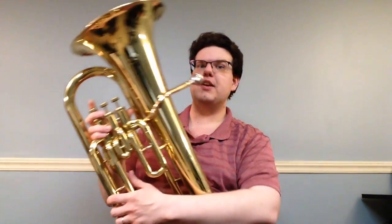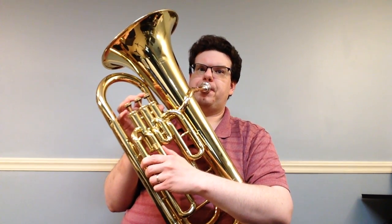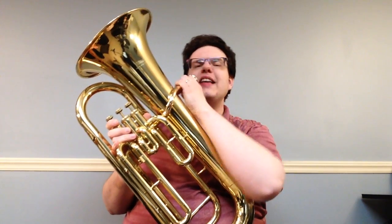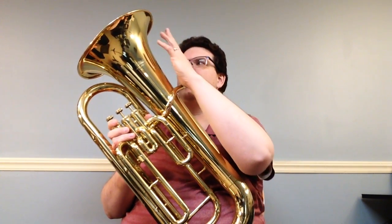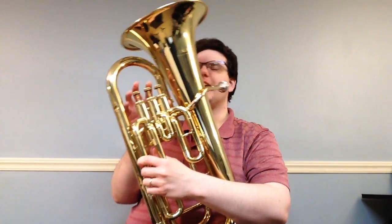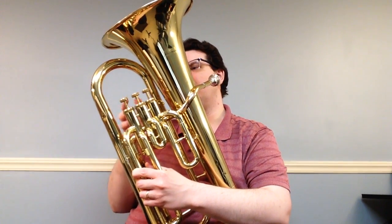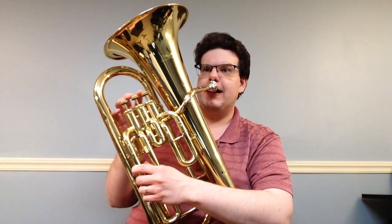As for exercises of what you can do, those lip slurs that you learned around 119, you can do those. Those are fantastic for building up your embouchure, for your air support, and just enhancing your range and everything on the instrument. So for your particular instrument, there's actually a sequence of valve combinations for that. If you start on open,